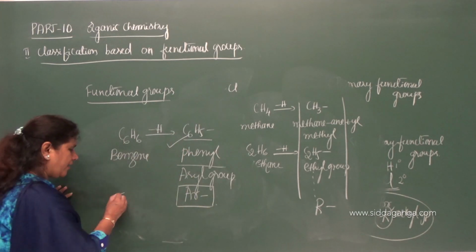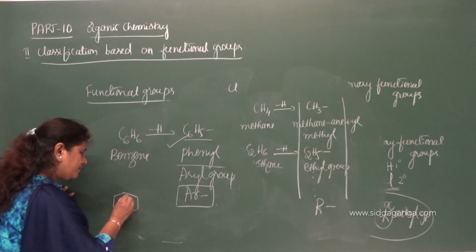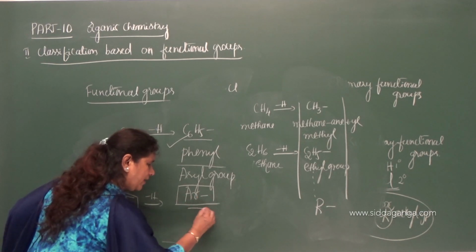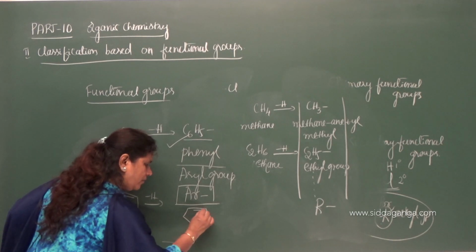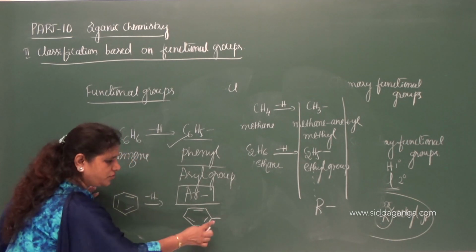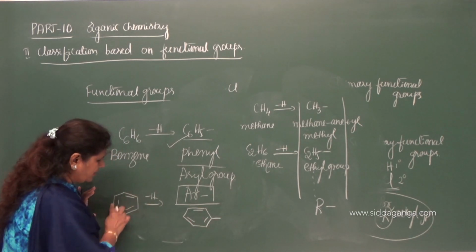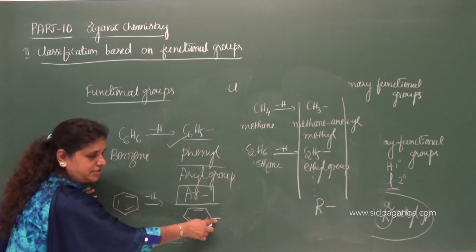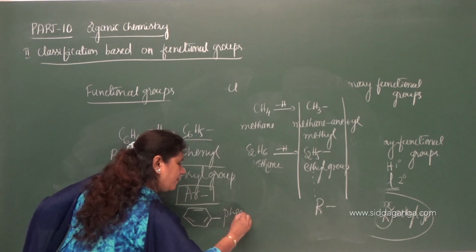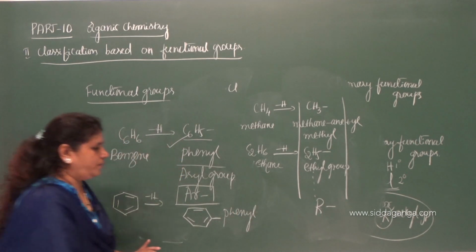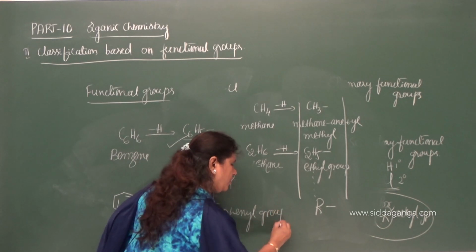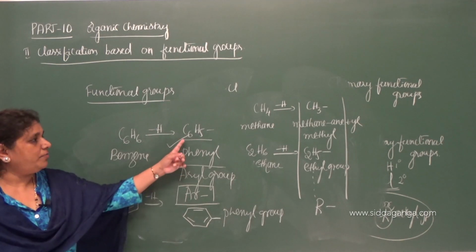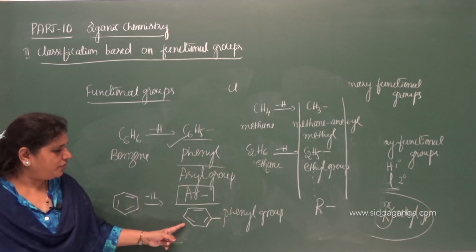Even you can write like this. This is benzene, correct? After removing hydrogen you can express this aryl group like this. So if you write one hyphen like this, this is a neutral molecule, benzene. After writing one hyphen vacant here, this indicates phenyl group. This is phenyl group. It is an example for aryl group. Phenyl group you can write like this, C6H5, or even you can write like this.